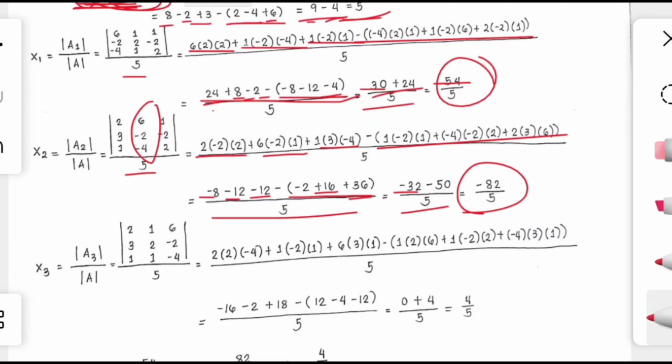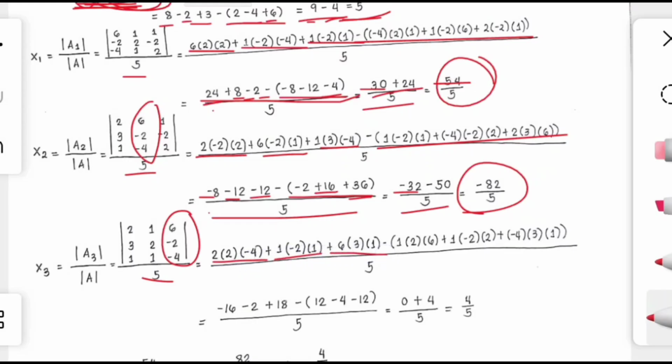As for our x sub 3, we just have to get the determinant of A sub 3 all over the determinant of A. So we have here the determinant of A, the 5, and we will now substitute the 6, the negative 2, and negative 4 onto the third column. So we get 2, 3, 1, 1, 2, 1, 6, negative 2, negative 4. So finding the determinant of this, we get 2 times 2 times negative 4 plus 1 times negative 2 times 1